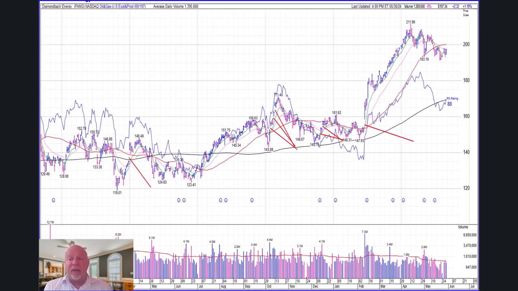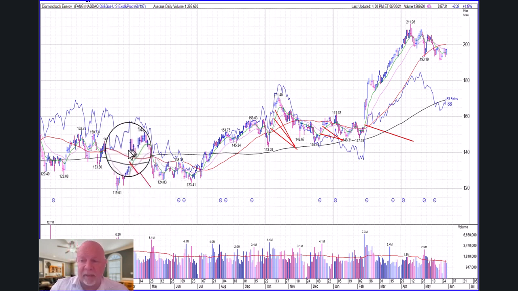Let's start taking a look at some examples, and I'm going to start on the left, but I've made some little red tick marks that show you the gaps on the charts. And so notice that this tick mark right here, it gets filled a couple of weeks later. So there's a gap, and then all of a sudden it comes back down, and it fills that gap, here, what it looks like about a month later.